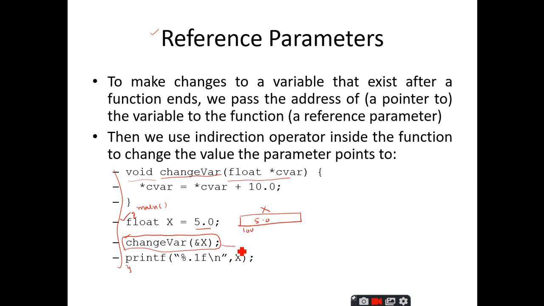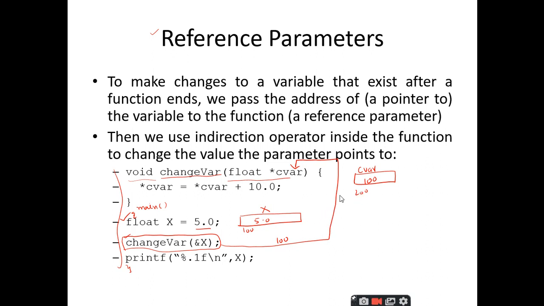100, sir. When we pass an address, what is capable of storing addresses? Pointers, sir. So what type of address am I passing here? Float address, right? So I should declare a float pointer. So float star cvar means here also memory will be allocated, and assume that it is at base address 200 and the name is given as cvar. So what value is it storing here? Address of x, which is nothing but 100.